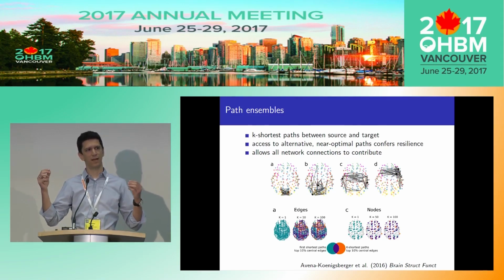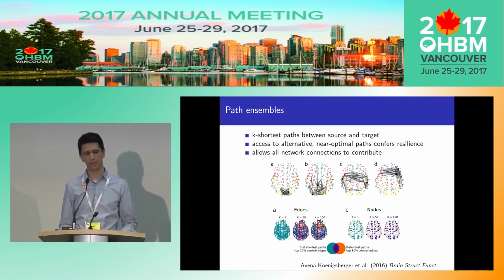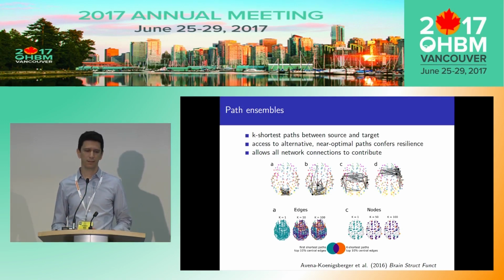I want to have multiple channels of communication, and I want to ask what is the total bandwidth that I can achieve between these two areas. And that's this K-shortest path framework. By doing that, you end up characterizing communication as really taking place via an entire sort of spindle of pathways, and this